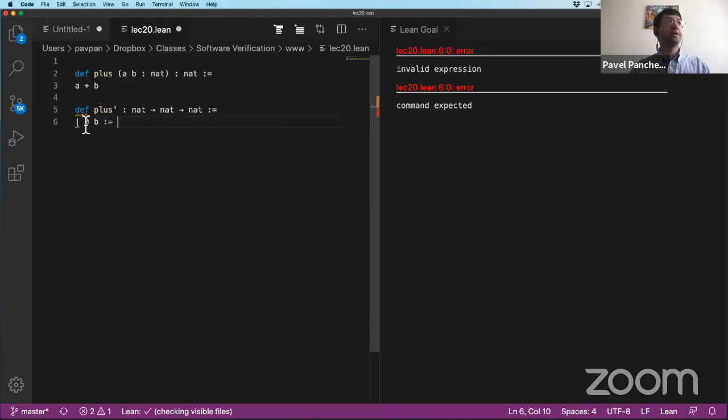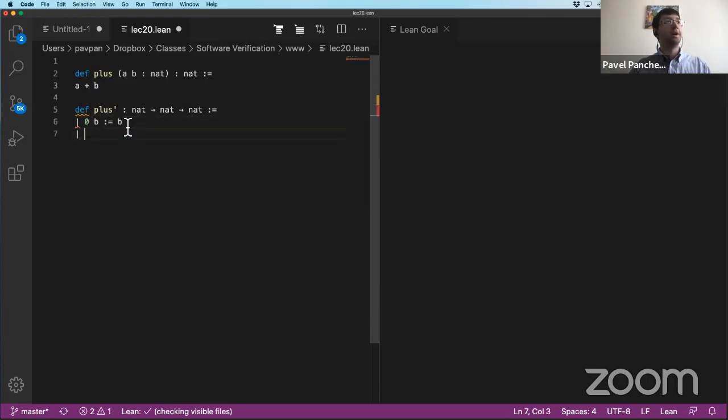So we'll define plus prime. It takes two natural numbers. It produces a natural number. And we can define it like so. There we go. Okay, so what I've done here is I've defined one version of plus that just directly calls